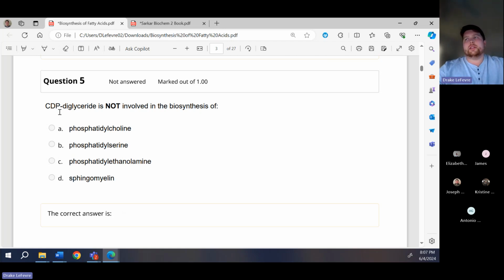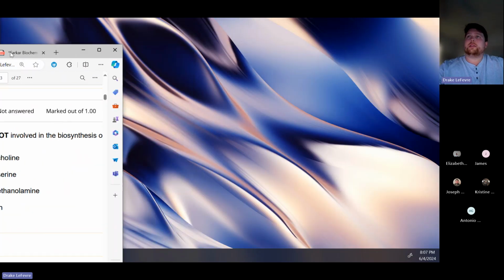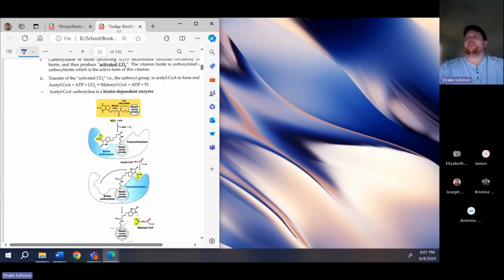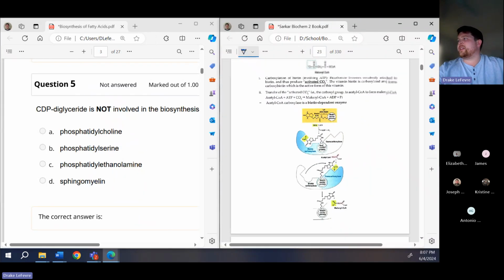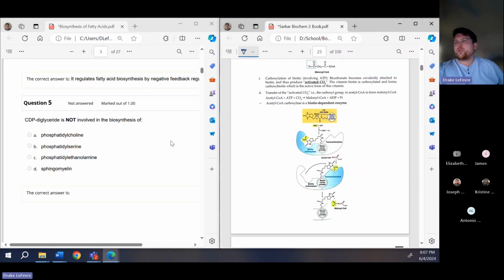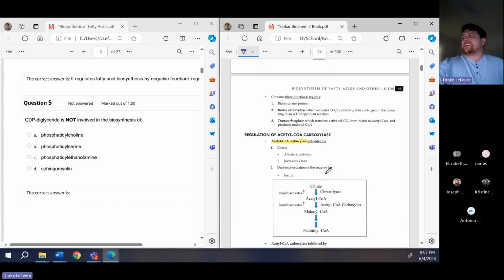CDP diglyceride is not involved in the biosynthesis of which of the following? We have phosphatidylcholine, phosphatidylserine, phosphatidylethanolamine, and sphingomyelin. This is where you get super specific, and I really don't like these questions because honestly